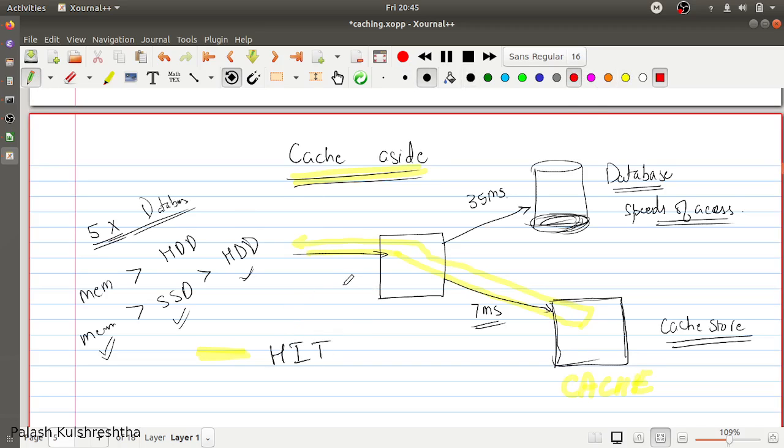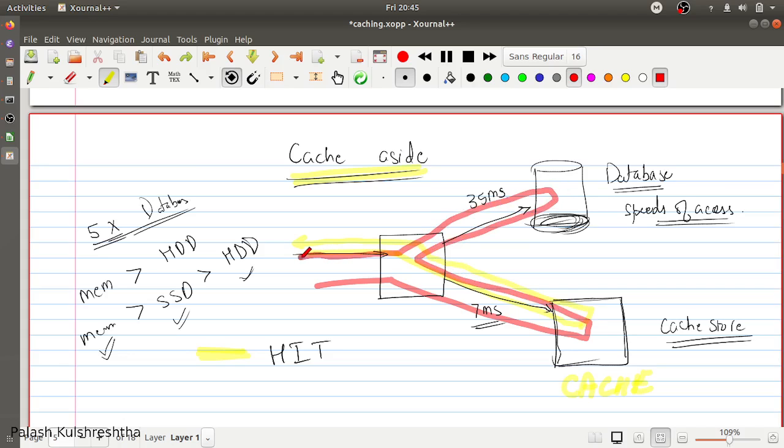And if there is a cache miss, it is going to come here, then it is going to query the database, then it is going to come here, and it is going to send the response. Okay, and you are going to asynchronously write that data back in the cache. So you are basically updating the cache afterward.